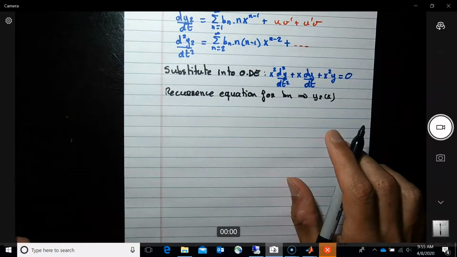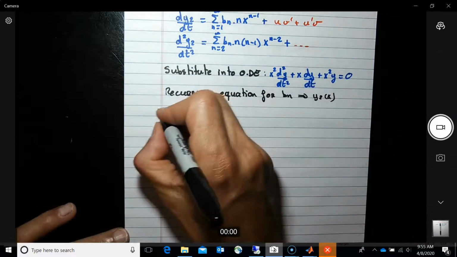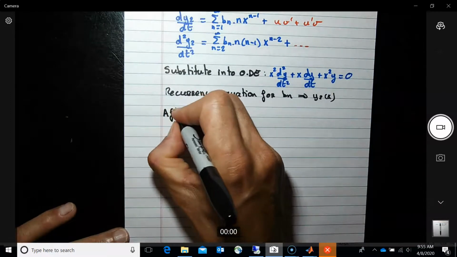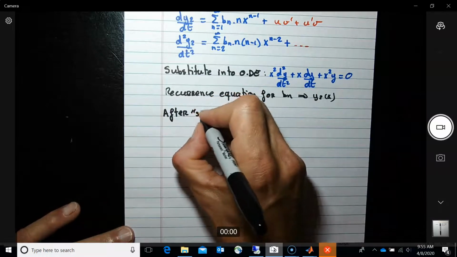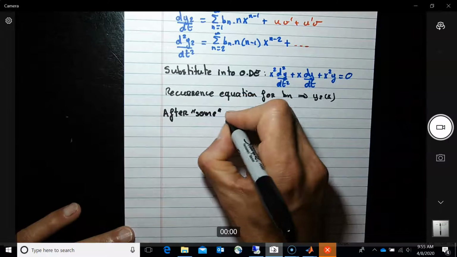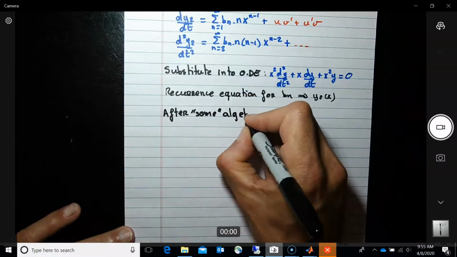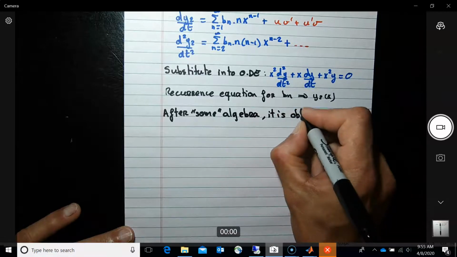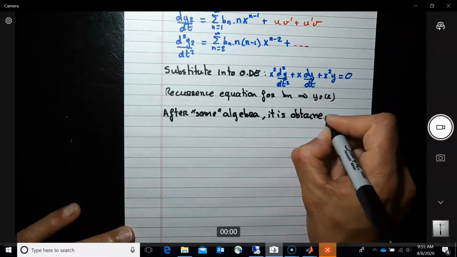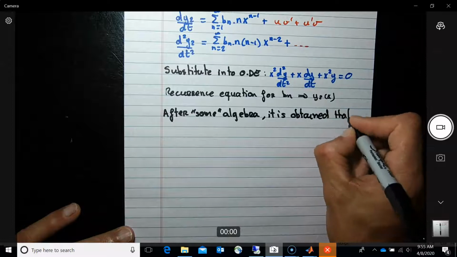All right, and actually, after, I'm going to skip some steps, but it's really a lot of algebra. It is obtained that